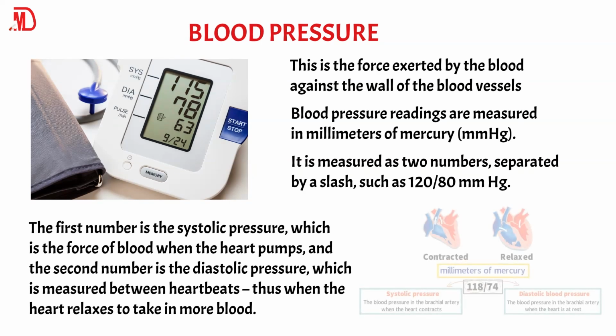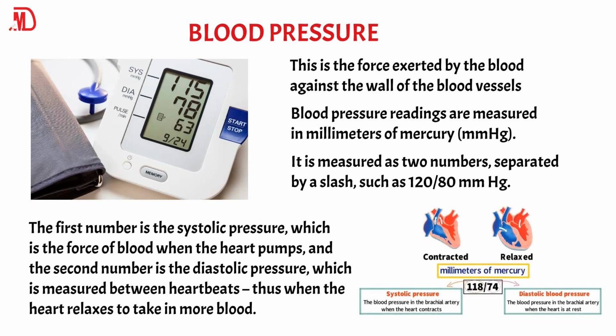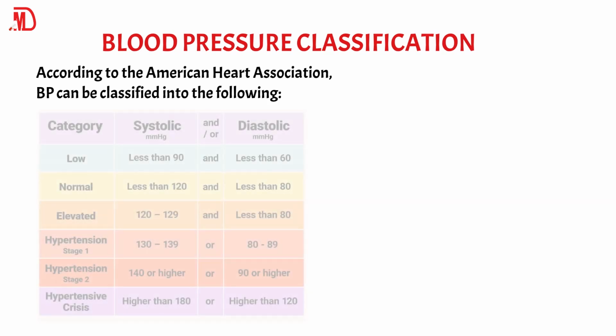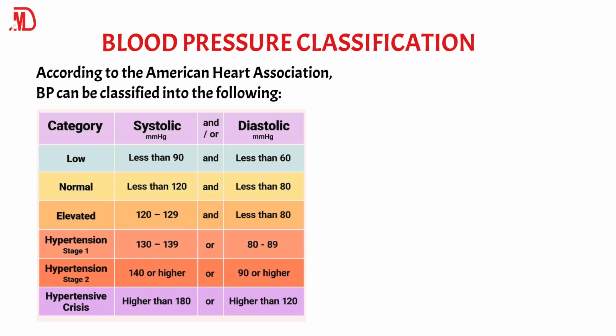That is when the heart relaxes to take in more blood. Hopefully in future, videos will be made to discuss the heart cycle. Now, according to the American Heart Association, blood pressure can be classified into the following: